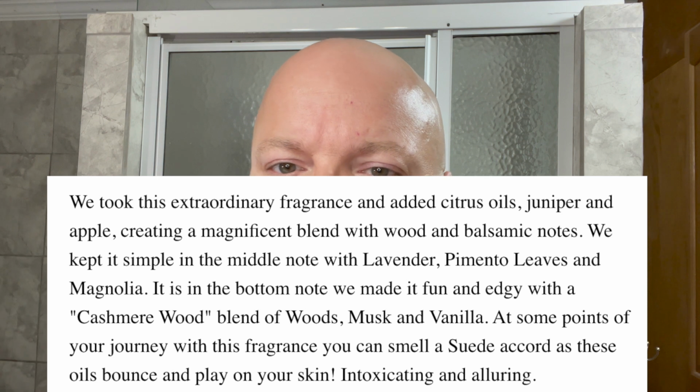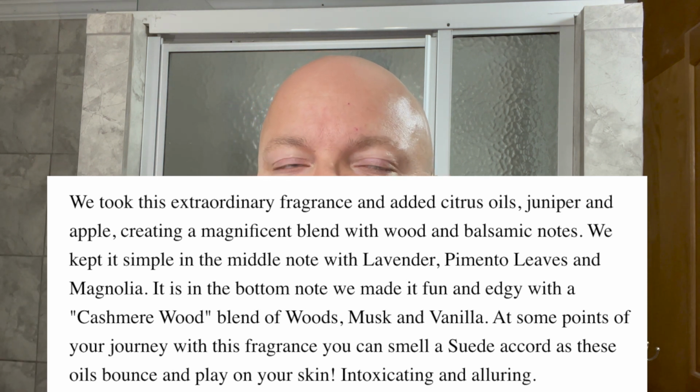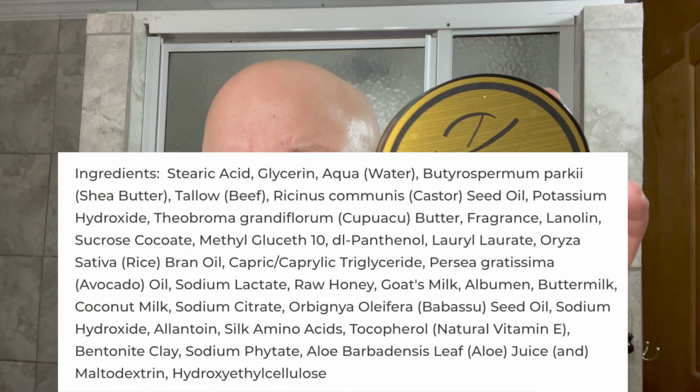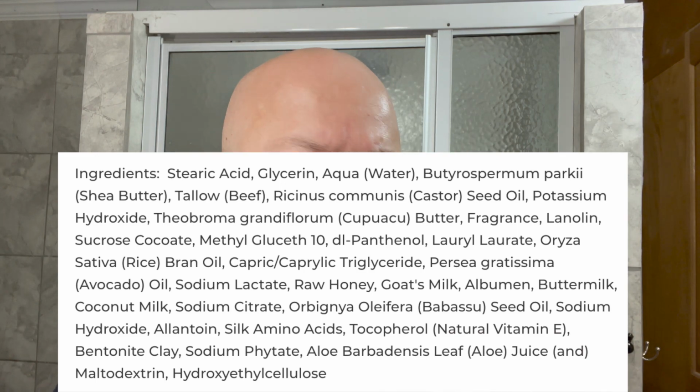We'll go ahead and show you how it is described right there, or give you the notes. It is really a fantastic fragrance, in fact, one of my favorite scents of all time. Really excellent. Here are the ingredients of the soap as well. And as you know, we struggled a little bit lathering this particular soap the last time, but I did send an ounce back to Gentleman's Nod, and they sent me another tub,